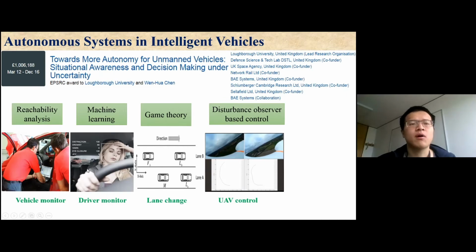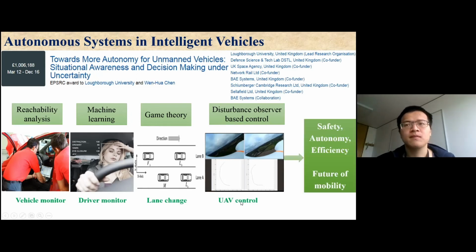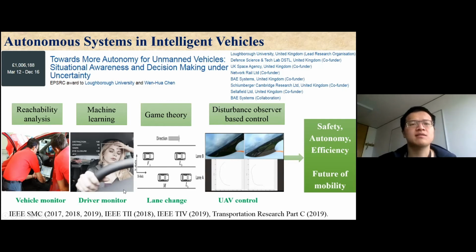We also monitor the status of the driver by using machine learning algorithms. We developed automated lane change decisions by using game theory, and we developed disturbance observer-based control for controlling the vehicle. The purpose of developing these advanced functions is to improve the safety, autonomy, and efficiency for a better future mobility. And these results have been accepted by some leading journals in this field.